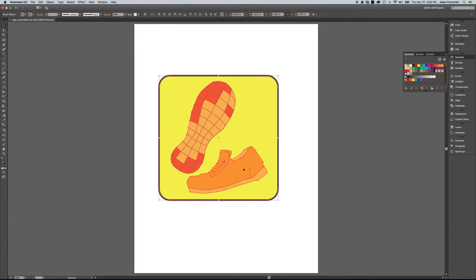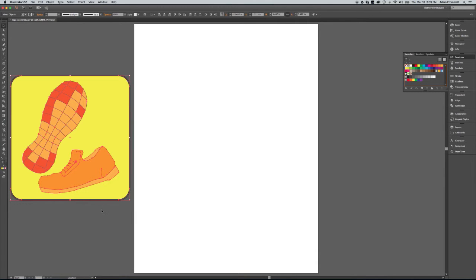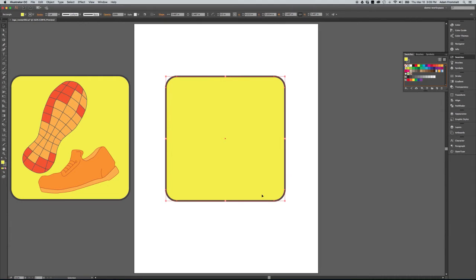So what I'm going to do is select everything and move it over here to the outside of the artboard. I'm going to work with copies of things to get started. So I'm going to select the rounded rectangle that I have in the back. I'm going to Alt drag a copy over to my artboard. And then what I'm going to do is open up my gradient palette. It's kind of in the middle, looks like a rectangle on its side with a gray to white gradient inside